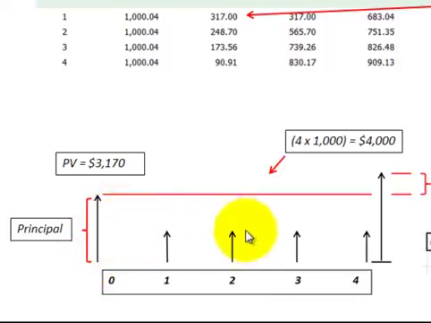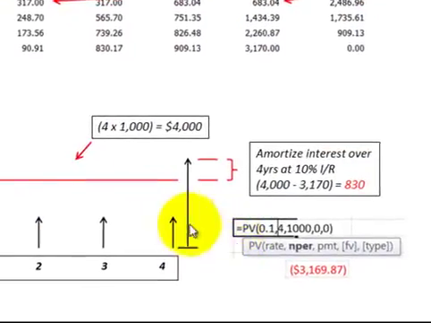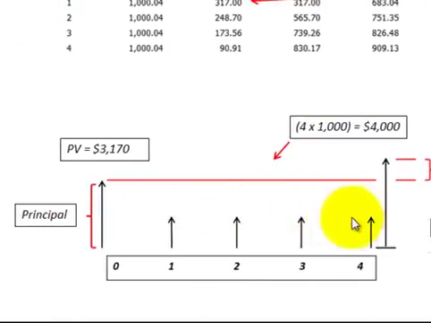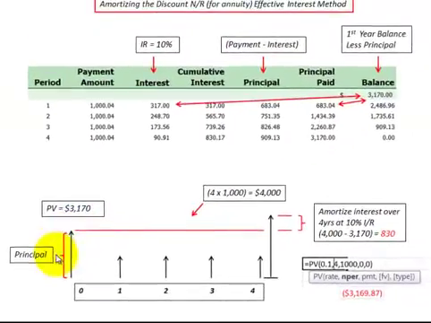So we did that through an Excel function here, and we determine that those annuity payments discount back to where their present value was $3,170. So that represents our principal amount here on our notes receivable or payable. Now we will receive 4 equal payments of $1,000 for a total amount of $4,000, and then we subtract out our present value of those payments,